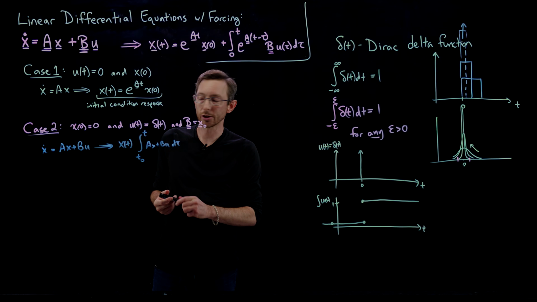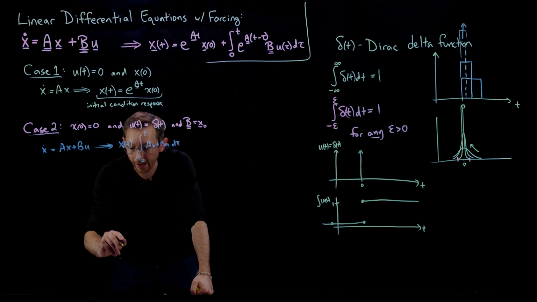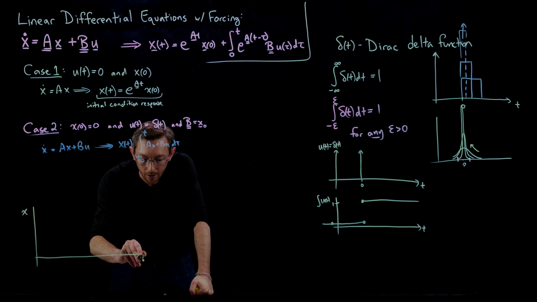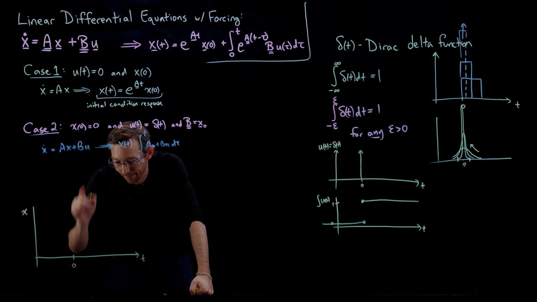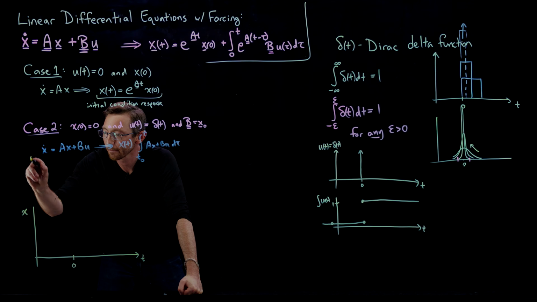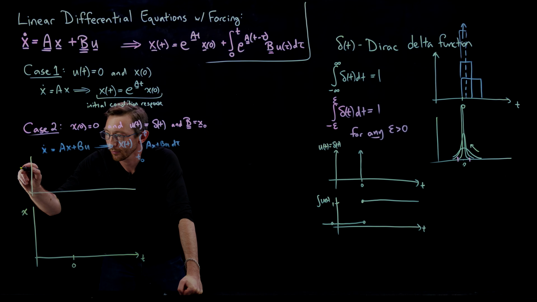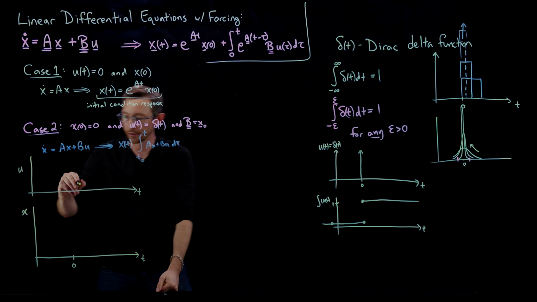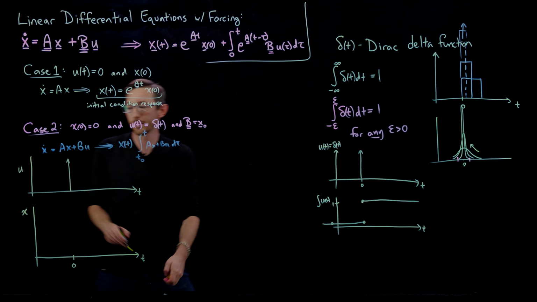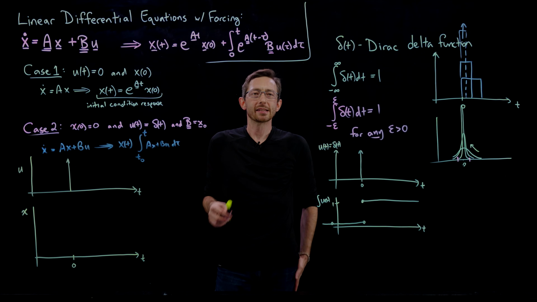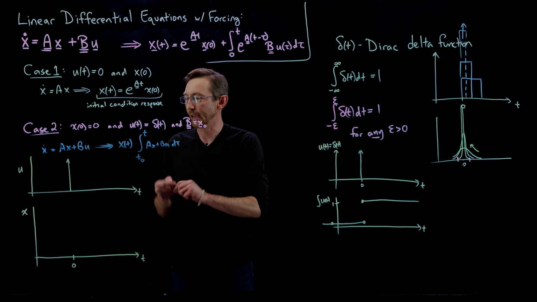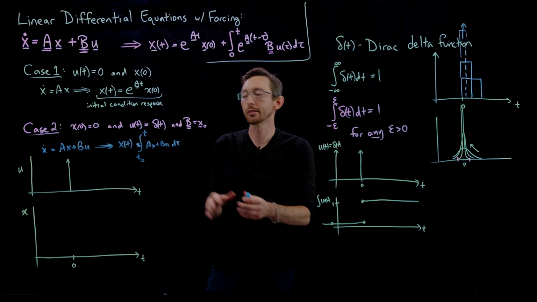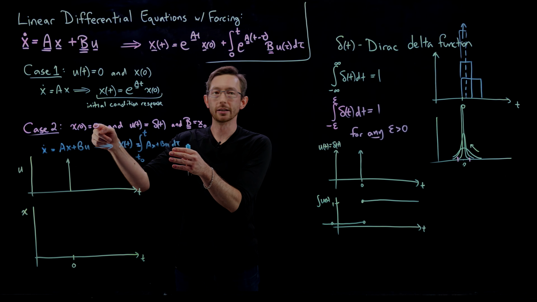If I start with zero initial condition, I'm actually going to draw this response here of x of t. Let's say this is t, whatever my zero time is. And I'm also going to show my u of t. Remember, u of t is a delta function right here at t equals 0. So x of t equals the integral of all of these dynamics, because literally I integrate in time. If I start with zero initial conditions,